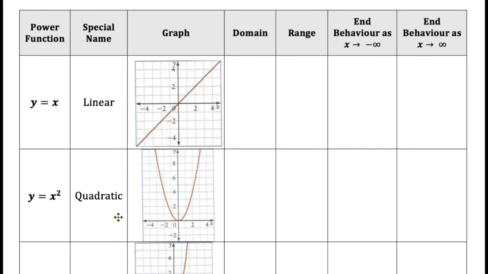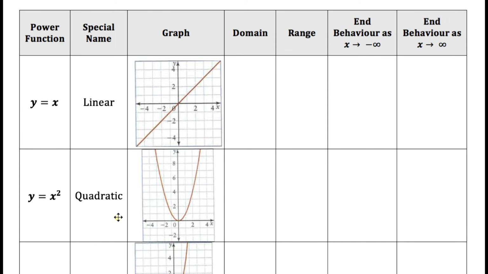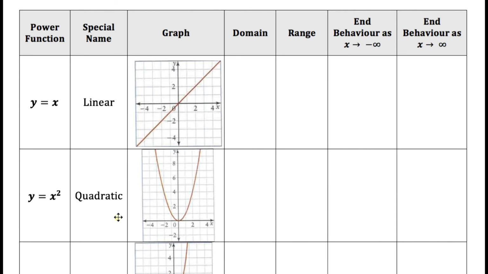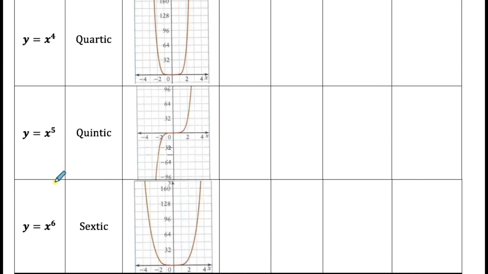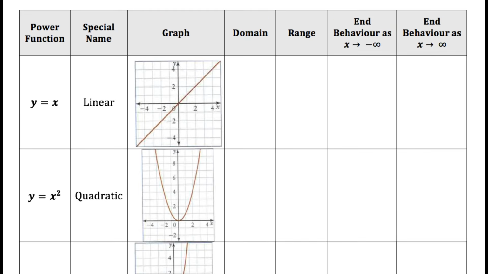We'll do the first 3 rows together, and then I'll get you to do the next 3 on your own. So in this chart, we are going to be looking at the first 6 power functions and just looking at their general shape and writing their domains and ranges. And we'll write the domain and range using the new bracket notation. So we've got degree 1, degree 2, degree 3, degree 4, degree 5, and degree 6 power functions. We're going to comment on domain, range, and then also describe their shape by talking about what's called the end